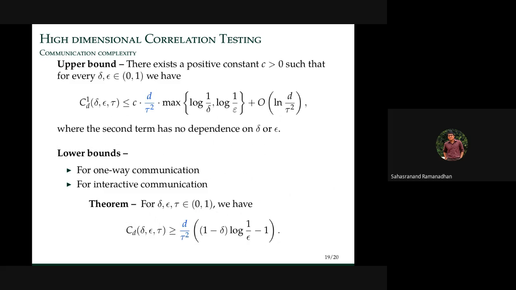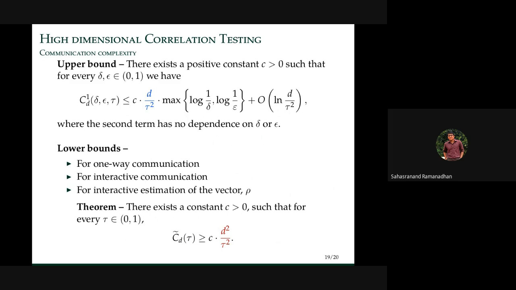But again, one question remains, which is why can't you just estimate the vector rho and then calculate its norm? Here we did not estimate the vector rho, right? We reduced the problem to a one-dimensional problem and then solved it. So why can't we estimate the vector rho itself? But we establish another lower bound which says that in order to estimate the vector rho, you have to communicate d square over tau square, which is strictly larger than d by tau square. So estimating and testing doesn't work. So the conclusion is that whatever our scheme does is optimal, and obvious alternative schemes like estimating the vector do not provide the same guarantee.